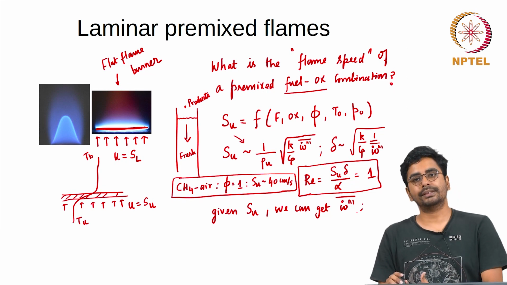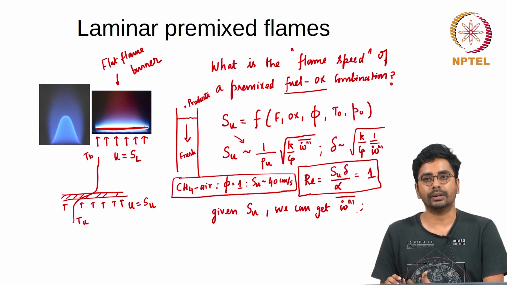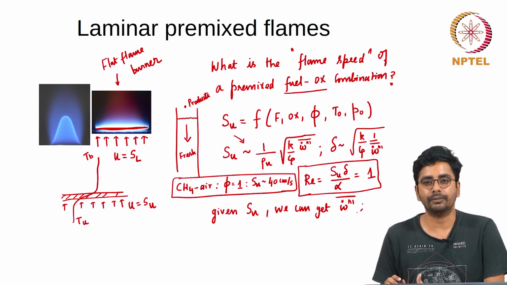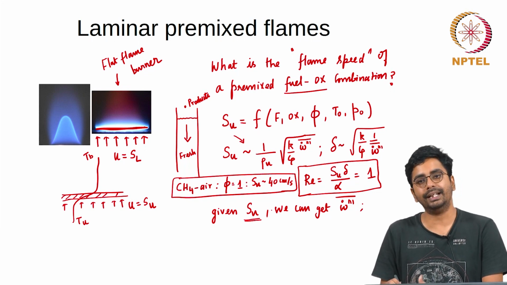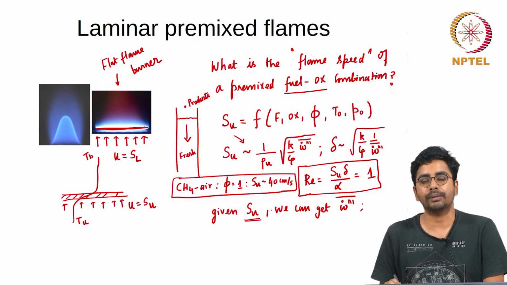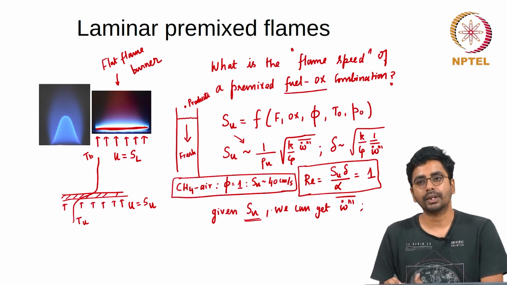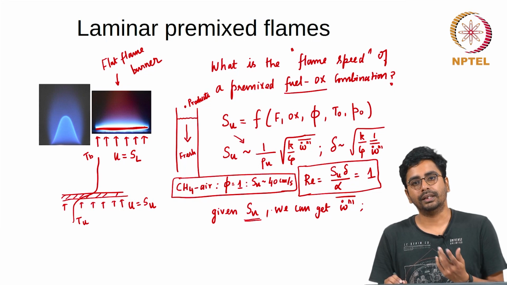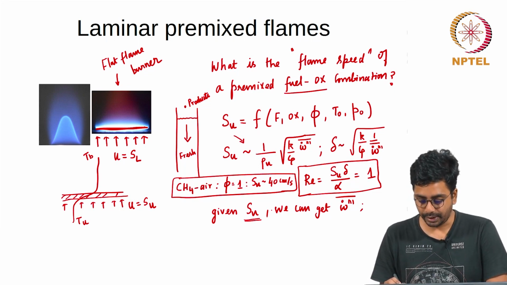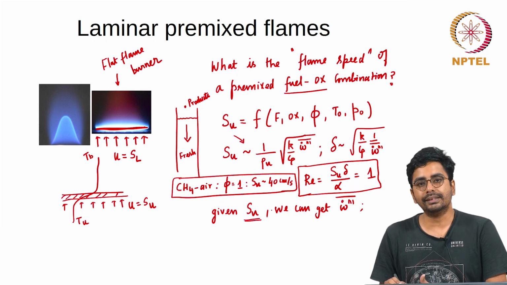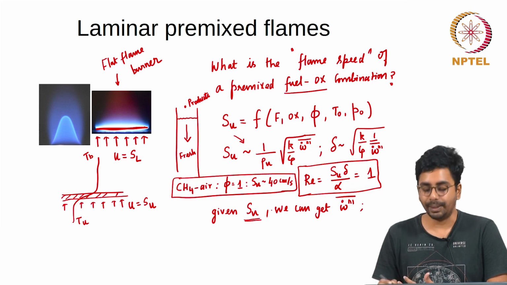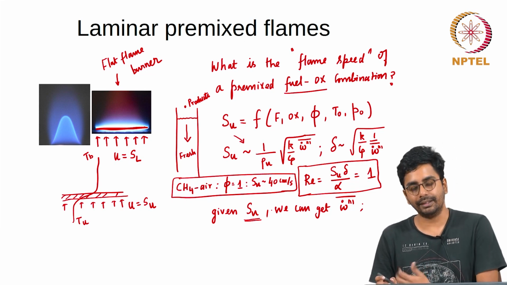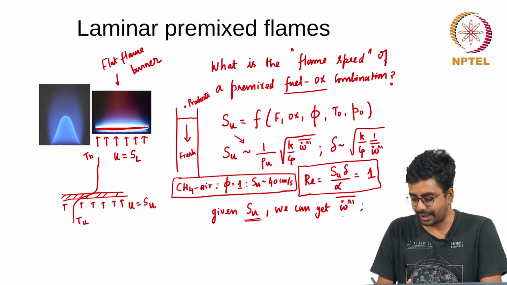In fact, this is the idea that was used in the heterogeneous quasi 1D modeling for composite solid propellants that we discussed in the course, where we use the burn rate of ammonium perchlorate and the homogeneous ammonium perchlorate HTPB mixtures. The density of the propellant times the burn rate is equal to the density of the gases times the flame speed. So given the burn rate we can get the flame speed, and from the flame speed we actually calculated the